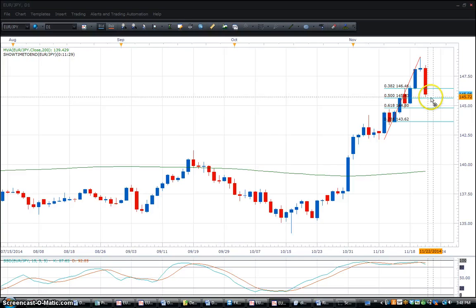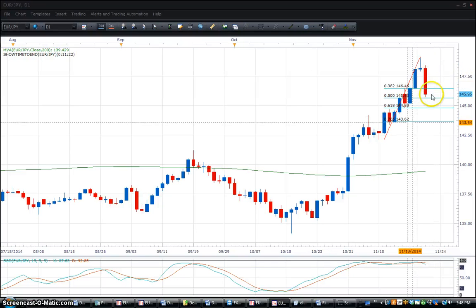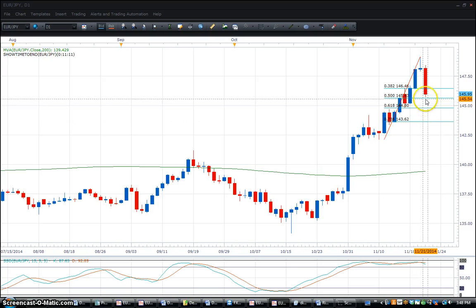The deeper the pullback, within reason, the better I like it, because we've got more room to go back to the upside then. The 78.6 is often referred to as the fib level of no return. If it retraces beyond that level, chances are really good it isn't coming back. But what I'd be looking for over the next day or so is to see if price stalls at this fib level, the 50% fib level,